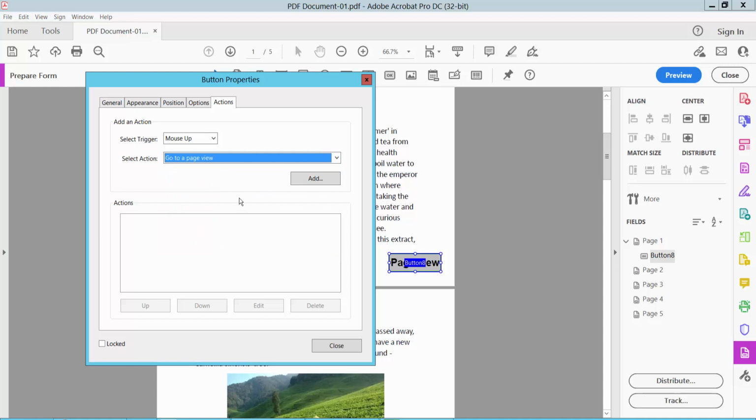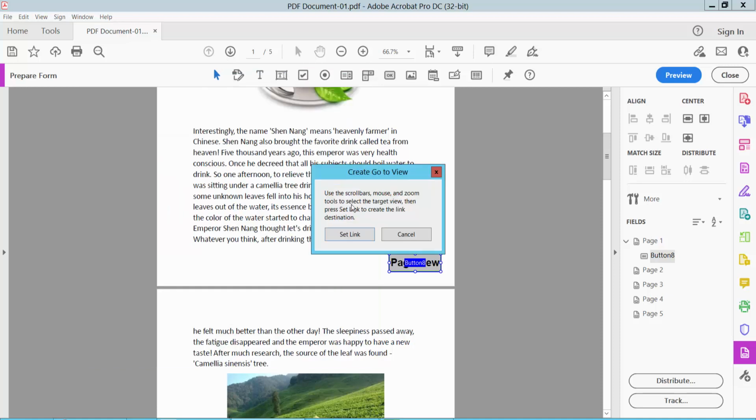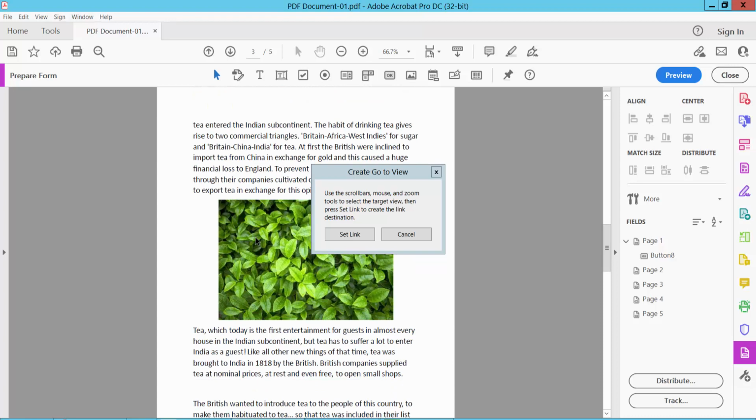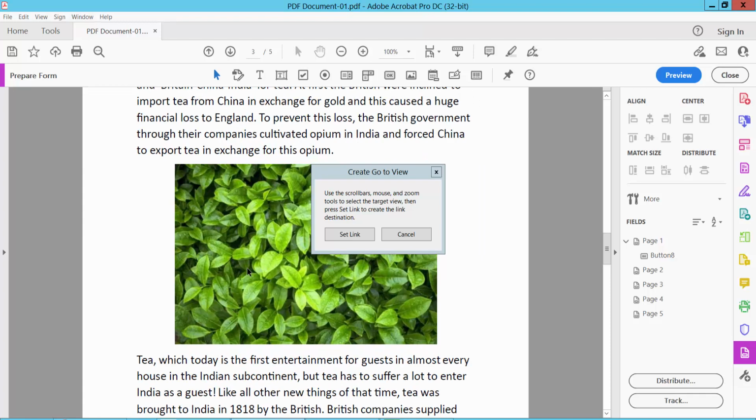Select here. Now select add and see this. Use the scroll bars, mouse and zoom tools to select the target view. Then press set link to create the link destination. Now I will scroll. I'll show this page and see this. Now select and I will increase zoom and set link